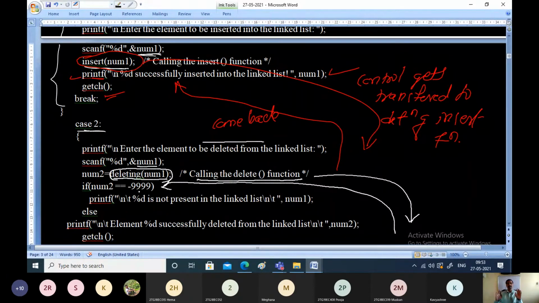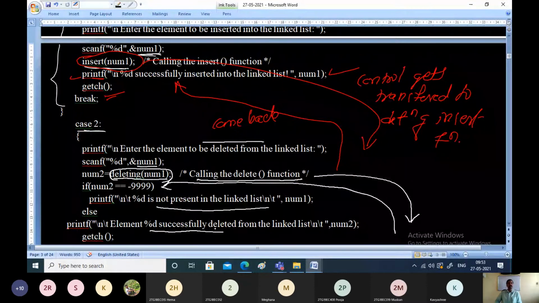In that case, the deletion will not be successful. So in that case, the return value present in num2 will be some large negative number. If that is the case, we say that the element is not present in the linked list. Else we say that the element is successfully deleted from the linked list.